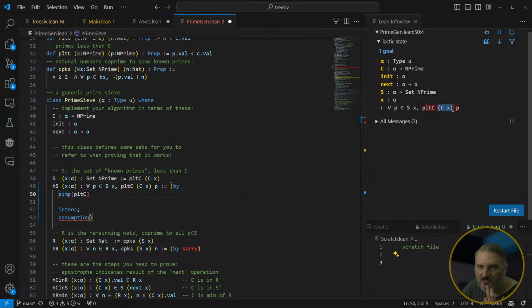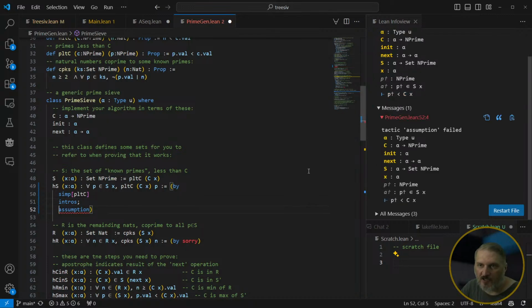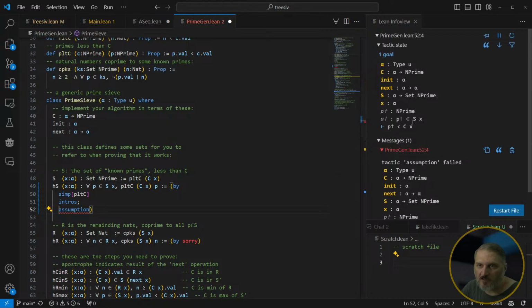So if I go, see, it changes from PLTC. The red is what's being removed, and the green is what's being added. So P is less than CX. Okay? And so now what do we have? For all of these, we have to produce a value of SX. So we want to introduce something called P probably. And after I go down, yeah, so you see it